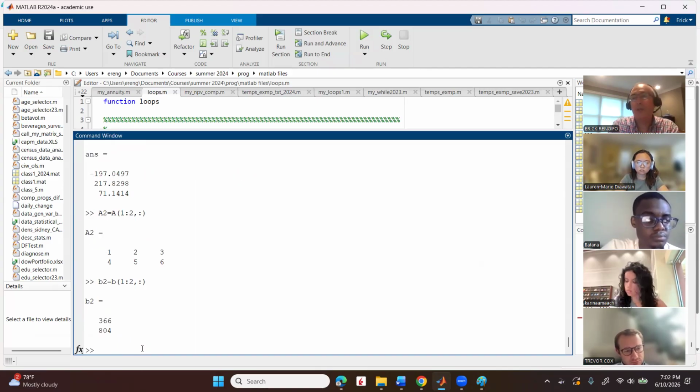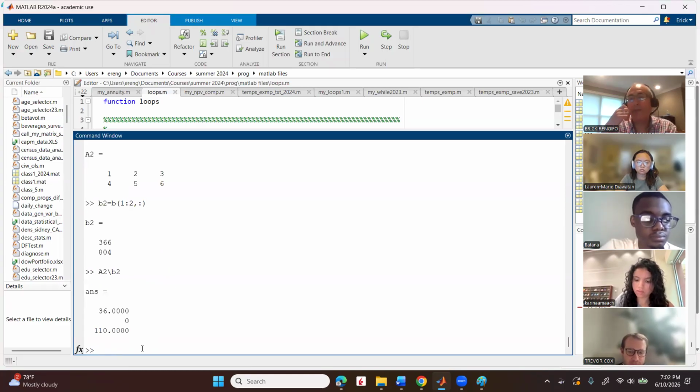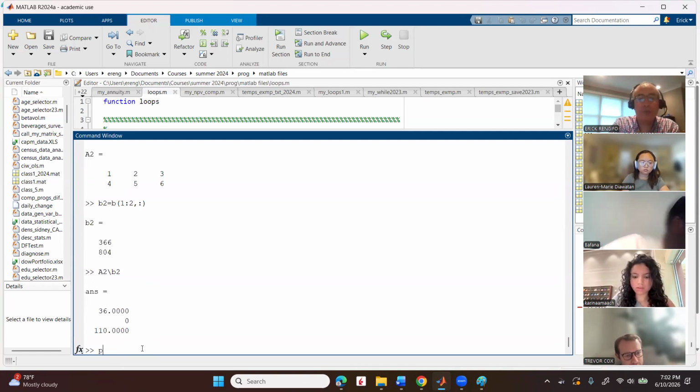You agree? So now if I do A2 backslash B2, do you see? The second element is 0, so it simply is ignored. The system is reduced to two equations, two unknowns, and it's solved. However, if we do pinv of A2 times B,